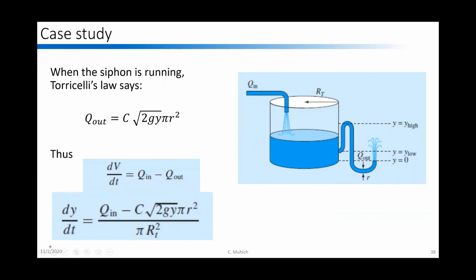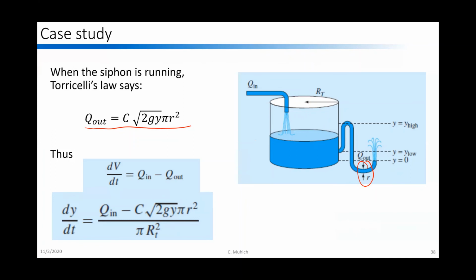So the siphon running via Torricelli's law says that the flow rate out is C times the square root of 2gy times pi r squared, where r, once again, is the small siphon, y is the height in the main tank, and C is a coefficient of